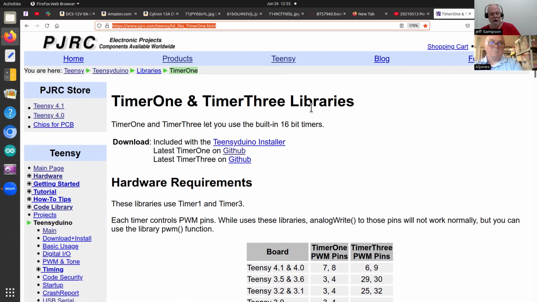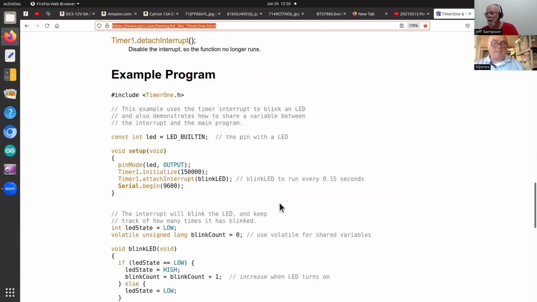You get more resolution on the PWM, and you can set the frequency so you can keep it from squealing. So you can go out and look at this if you want. And somewhere it said also the PWM here, something about, but you can use the library PWM function. And somewhere else I was reading through this stuff when I was reading on the AnalogWrite, and it said PWM as a function, but then they didn't have it documented. So that's something else you can look up and see if there is a PWM function that solves some of the problems. But this one actually, if you go down to the examples,